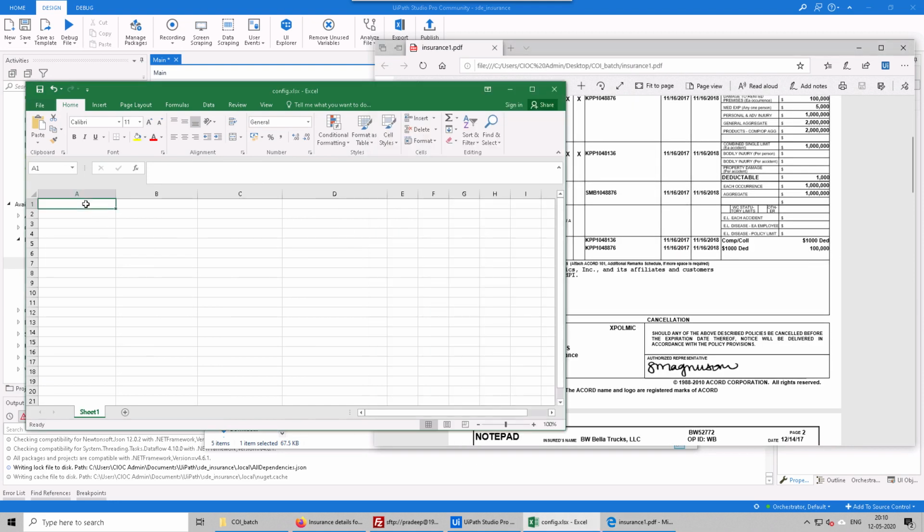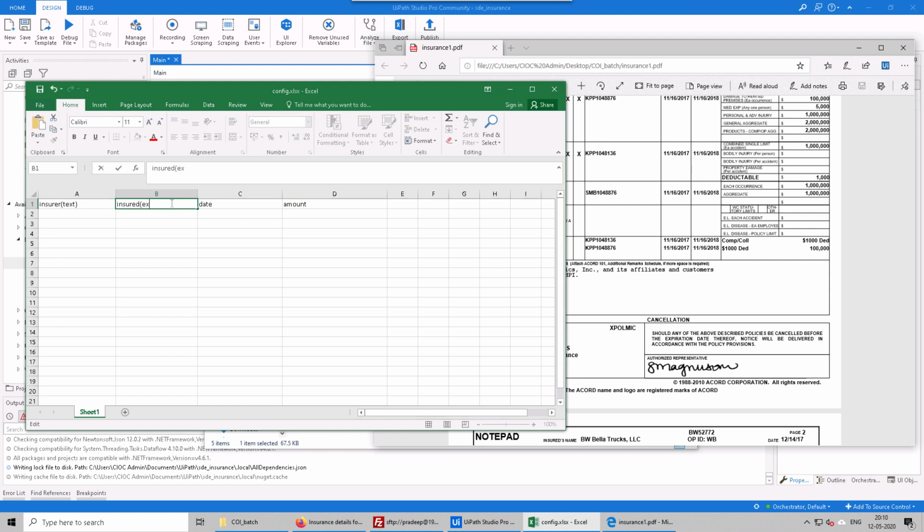For this, let me just create the configuration. Insurer, insured, date, and amount. We also have to provide the type of the data. In this case, it's a text.